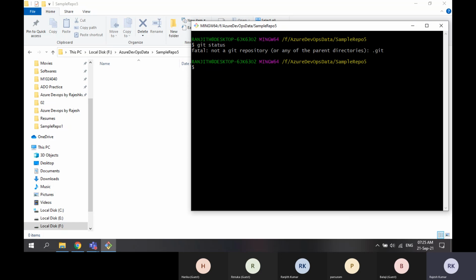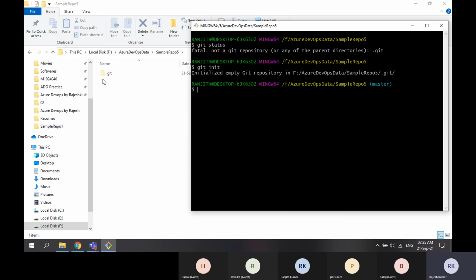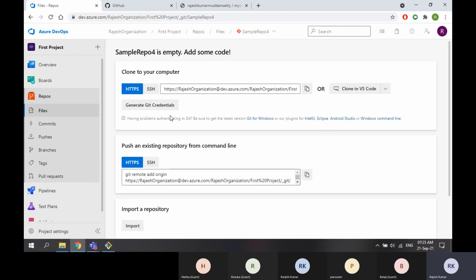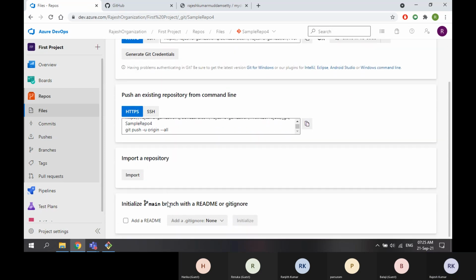You need to initialize the repository. So when I initialize, what it is giving me by default is nothing but the .git folder. See, I got the .git folder. So whenever you initialize a repository, by default it will give you the .git folder. In the same way, when you initialize something in Azure Repos, by default it will give you a readme file.